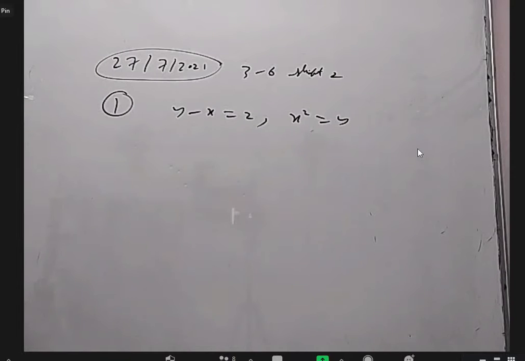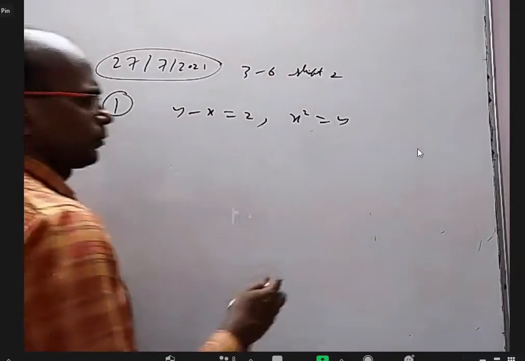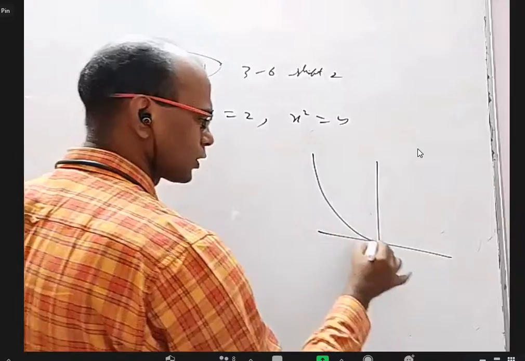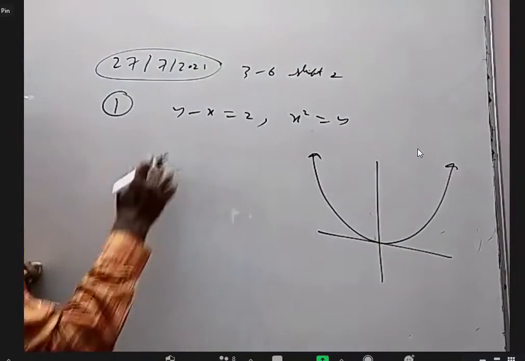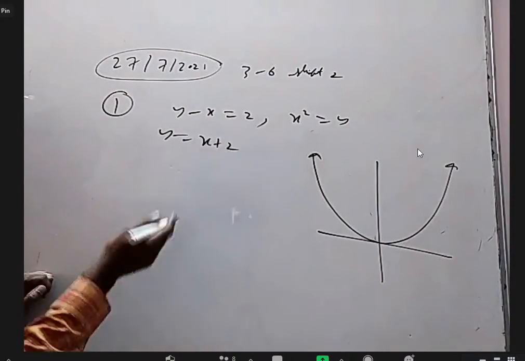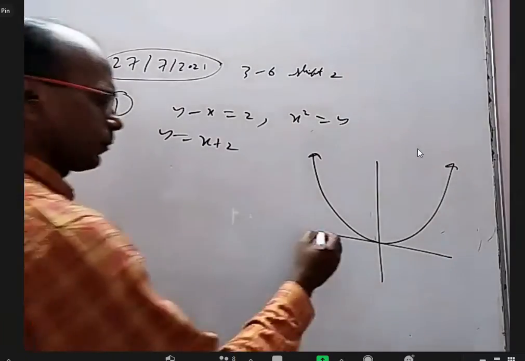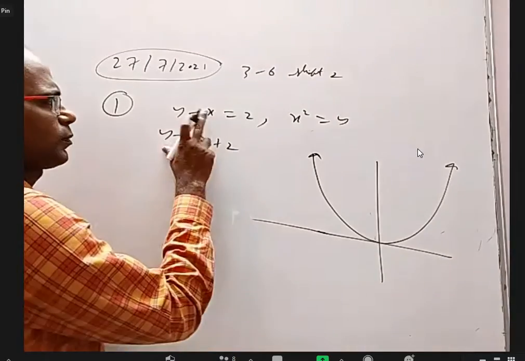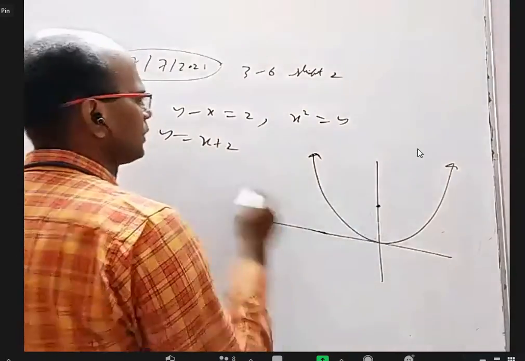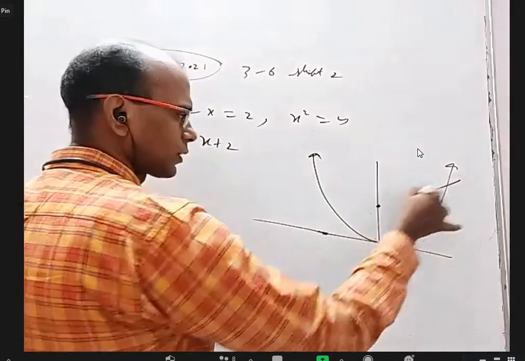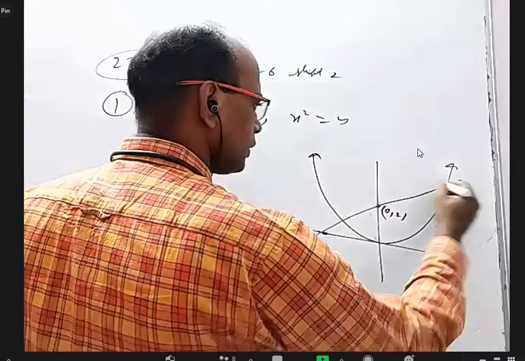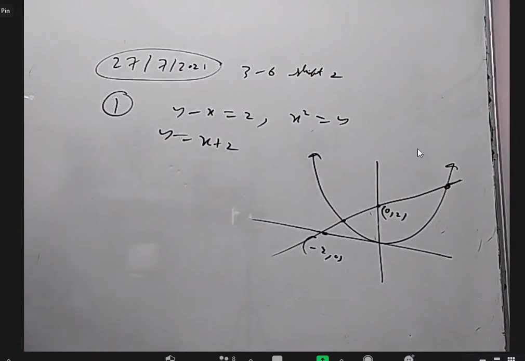Whenever you want to find area, you have to first of all draw the graph and understand which region you want. y equal to x square is a standard parabola, upward U shape. Whenever you want to draw a line, better to find x intercept and y intercept, you can draw easily. Or you can write y equal to mx plus c. If you want to find x intercept, put y equal to 0, x is minus 2. So, in fact, this is a line with slope 1, like this, passing through minus 2, comma 0, and 0, comma 2. I want to solve these two and I want to find this.